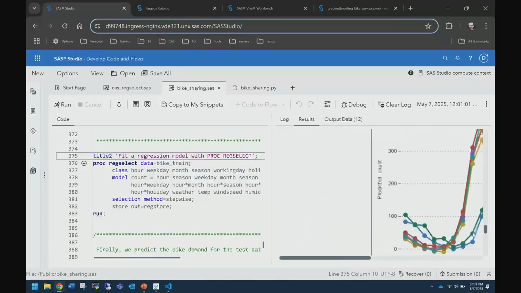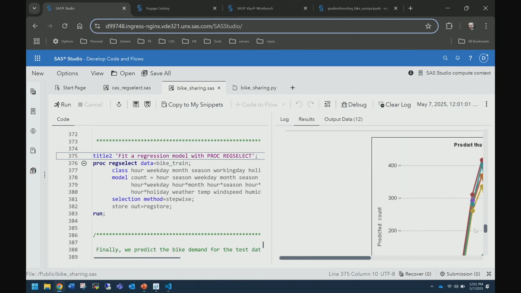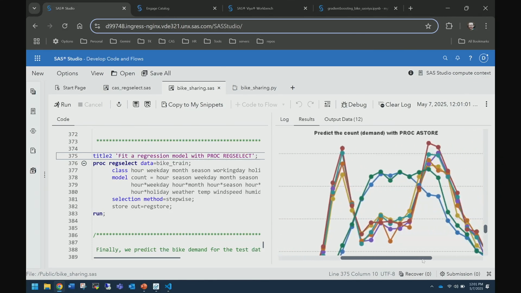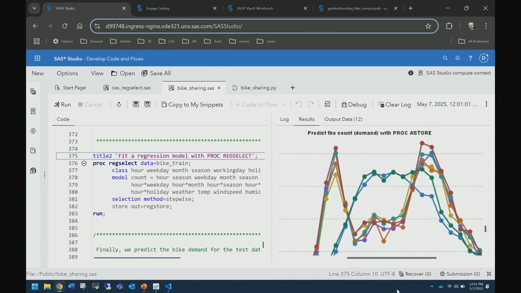And the cool thing about that too is, if I scroll down here, the model that it created is identical. So, what you saw in CAS, you saw in Workbench, in SAS, or in Python, now you're seeing it run from a SAS proc in VIA Enterprise. And you're getting the same results because it's running the exact same code under the covers.